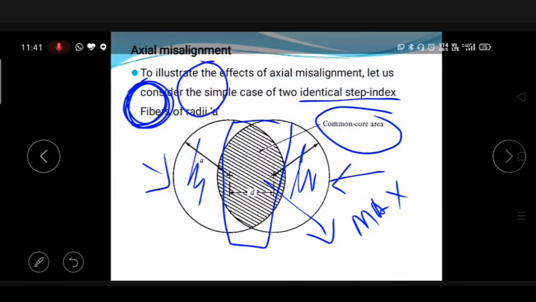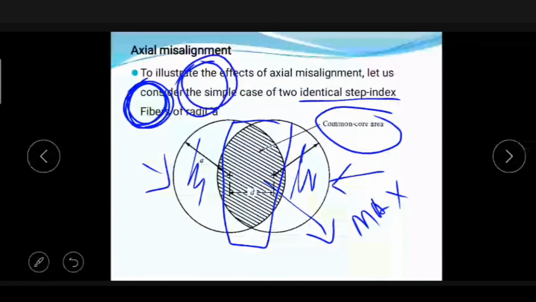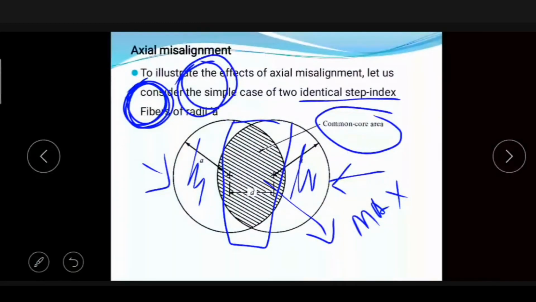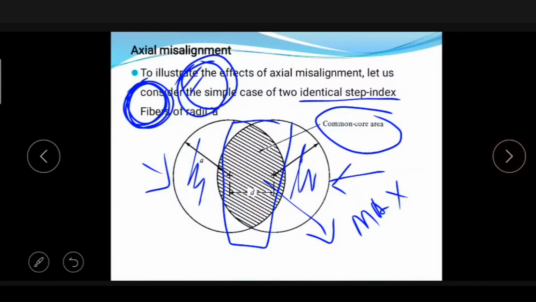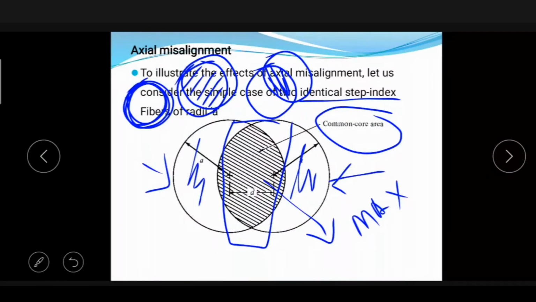But here, if this is the case, and if I consider this, now you can see that the axial misalignment is very less, and the area at which the optical power is maximum is more or bigger. Here also you can see that. Now you can see more misalignment, optical power is lesser. It means the area is very small. The power density at this point is lesser, whereas the power density at this point is more, because the area is more.